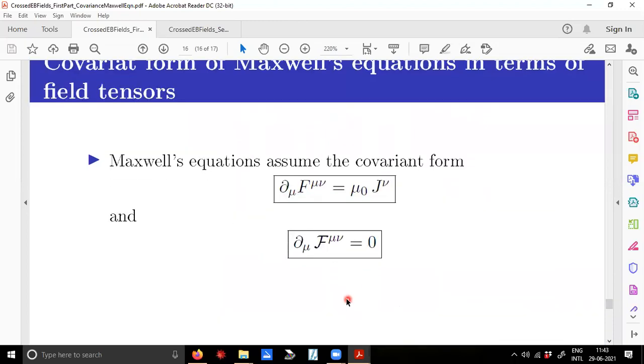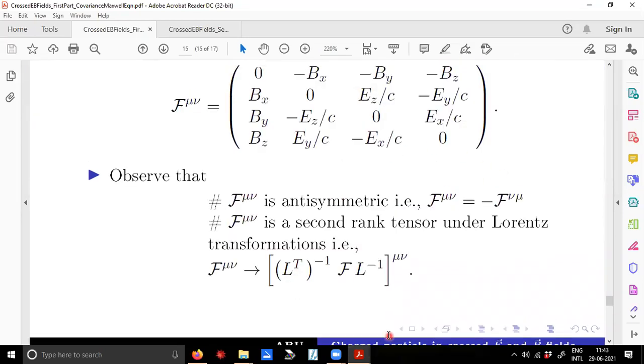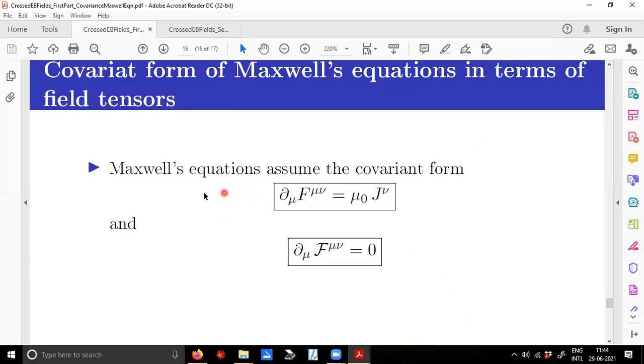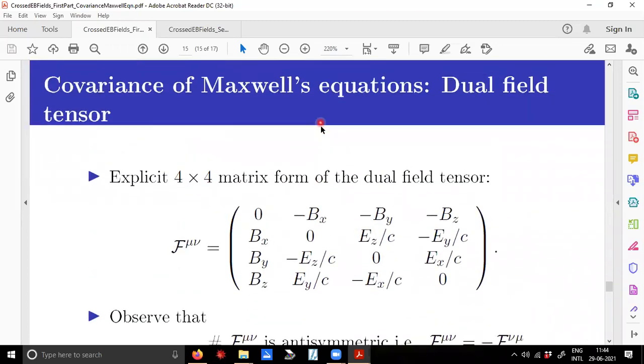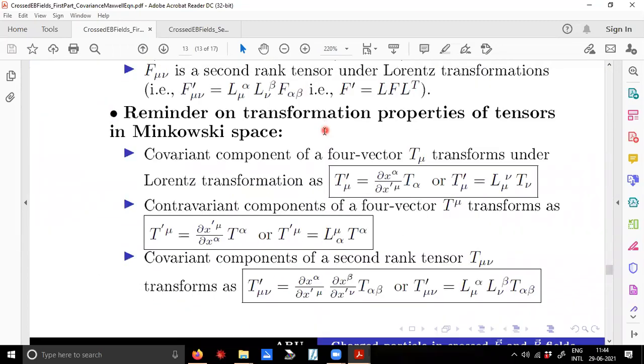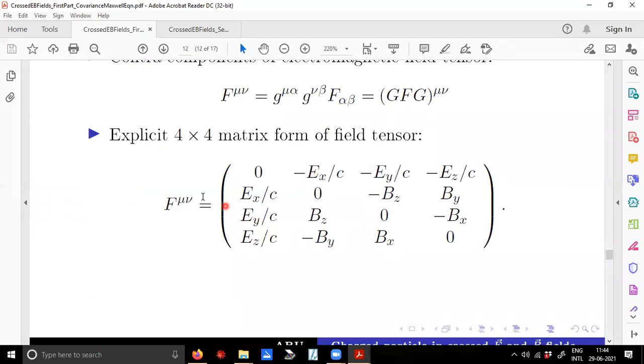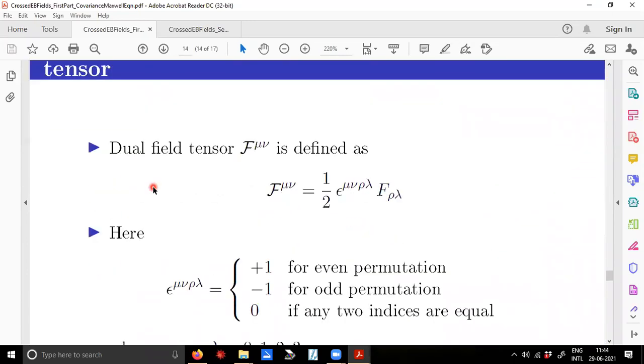It is a statement. Having done that, I can write that Maxwell's equations have a covariant form. I have to do all this exercise to show that Maxwell's equations have a covariant form. Now the exercise is you have an F mu nu up here. It's written in a matrix form, right? What is F mu nu? This is the F mu nu. You have to pick this. I send you these notes. Pick this and then work out